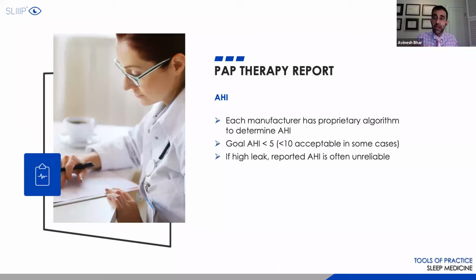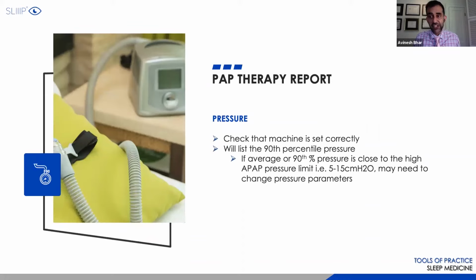Even though the AHI may look normal on the PAP therapy reports, if your patient still has symptoms, I urge you to send them to the sleep lab to get a titration study to make sure that is correct, because they may need a BiPAP. They may have a secondary sleep issue going on. So do not rely on just the output from the report itself, because then you're relying on a black box algorithm that you hope is working right for you. So just in case your patients still have persistent symptoms, note that you should send them to the sleep lab, even though the AHI is normal.